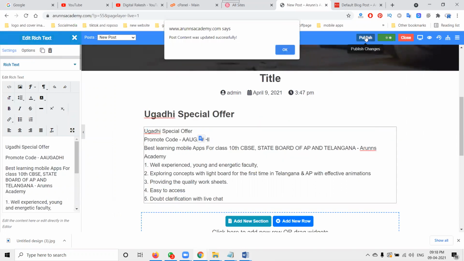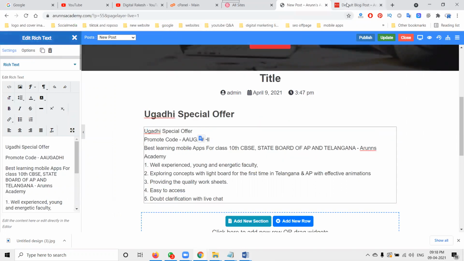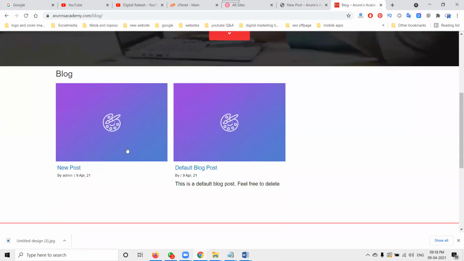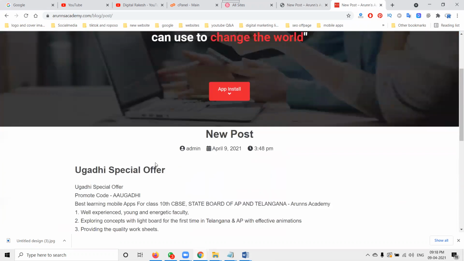Now click publish. Now the previous blog is there. Now check the blog option. It will be the new post, and the new post is Ugadi special offer.